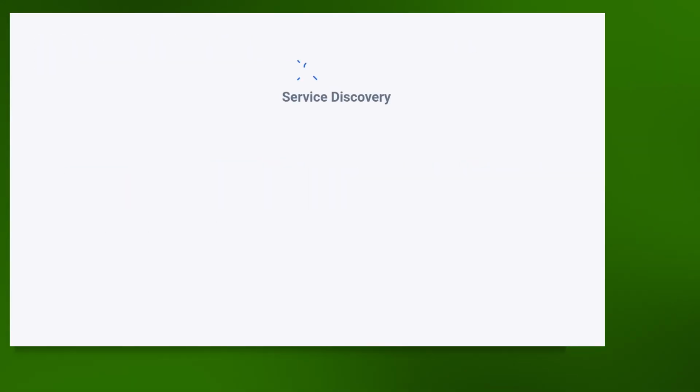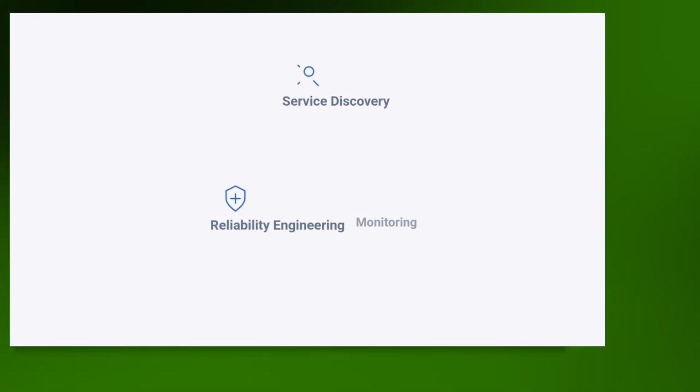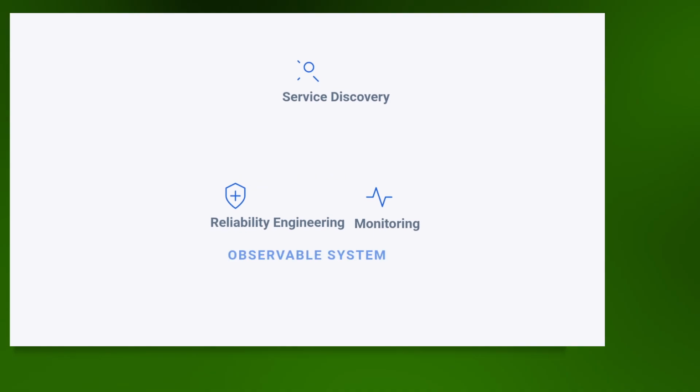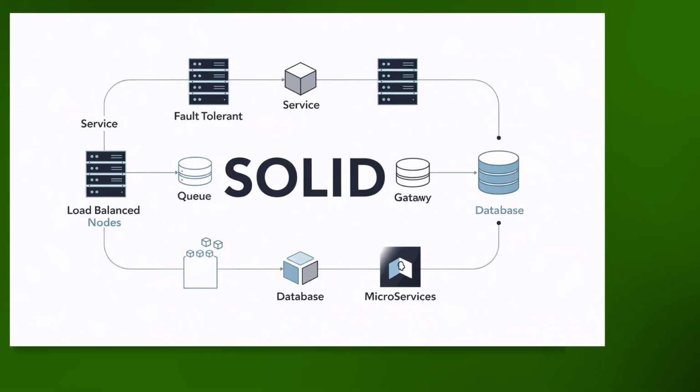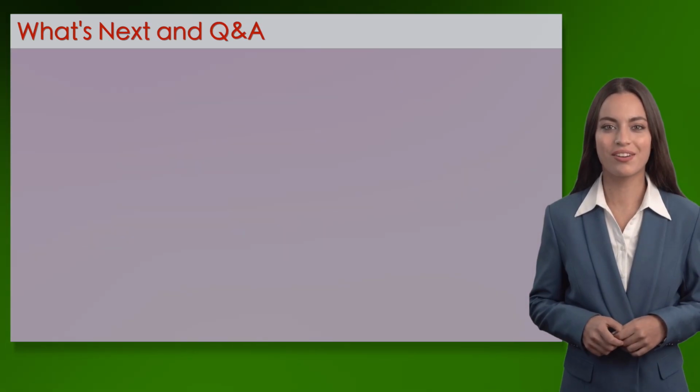This builds on Day 27's service discovery, incorporating Day 17's reliability engineering and Day 18's monitoring for observable, self-healing systems, and aligns with Day 2's SOLID for designing fault-tolerant, loosely coupled components. Pauses, transitions, and visuals, including circuit breaker state diagrams and retry back-off curves, will enhance the flow and aid in mastering failure handling. Day 30 compares GraphQL versus REST for efficient data fetching.